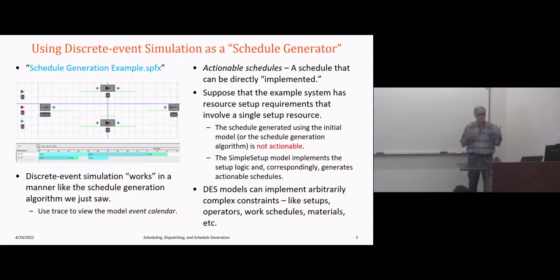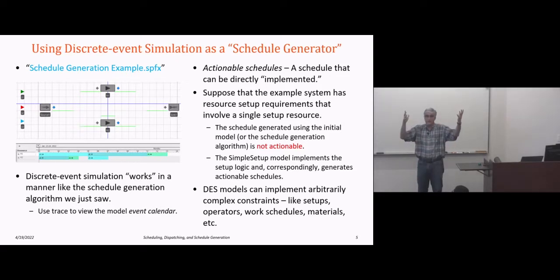We talked about that's essentially what simulation does, right? If you think about our model of Obby Electronics, I started out with all of these jobs, all of these orders, and all of the orders have a sequence of tasks. A lot of those tasks aren't precedence feasible, right? So I'm just going to take the set of operations that can start, like kitting, and then I'm going to pick one. And that's essentially what we're doing in schedule generation.